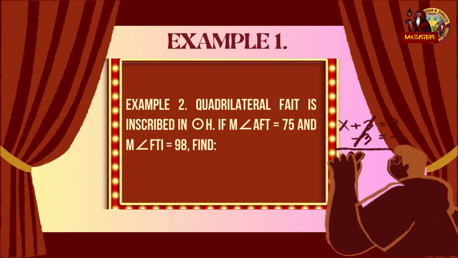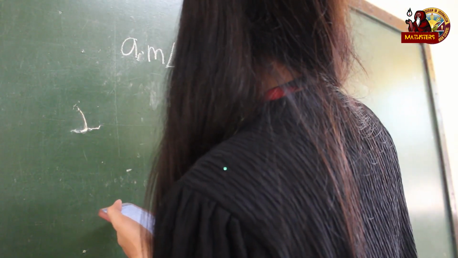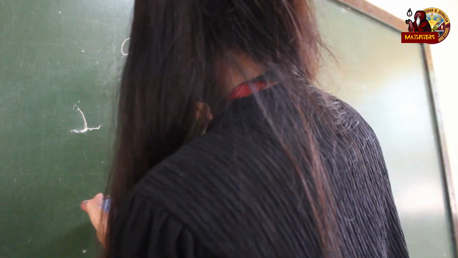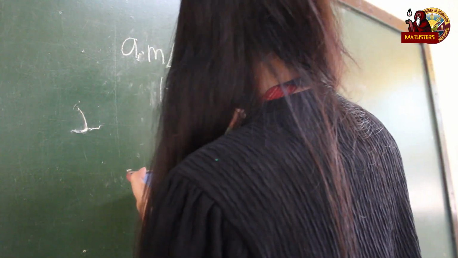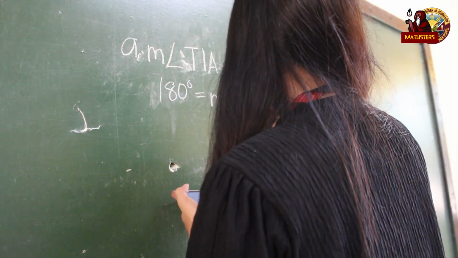Example number 2. Quadrilateral FIG is inscribed in circle H. If the measure of angle AFT equals 75 and the measure of angle FEI equals 98, find the measure of angle TIA. The equation represents the sum of the angles, angle AFT and the measure of angle TIA in the triangle. You substitute the value 75 degrees for the measure of angle